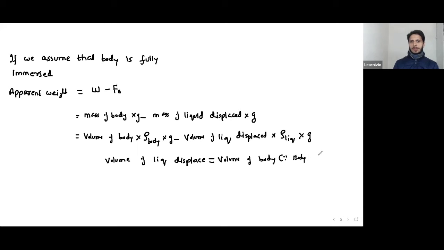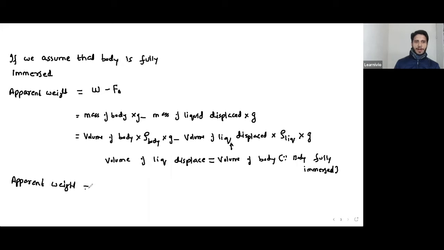Since the body is fully immersed, the volume of body is equal to the volume of liquid displaced. So if I substitute it here, then your apparent weight comes out to be,